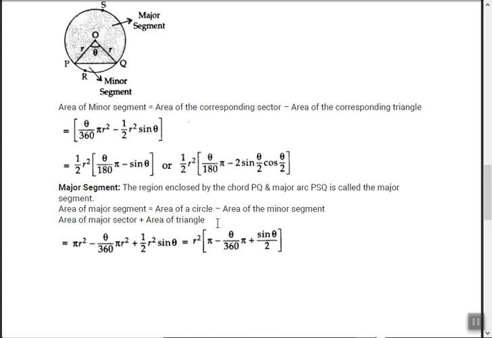Okay, so in this formula this area of major sector has no meaning. Just remember this: area of circle minus area of minor segment plus area of triangle. These three terms only. Then next is take r square common and everything, that's okay. You only remember this, don't remember the next part. Circle minus minor segment plus triangle.